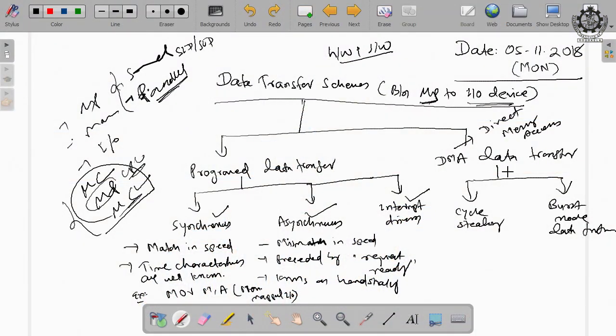But under DMA data transfer, there is a special chip called the DMA controller, chip number 8257 or 8237. This chip is used for transferring the data directly between I/O devices and memory without the involvement of the microprocessor.